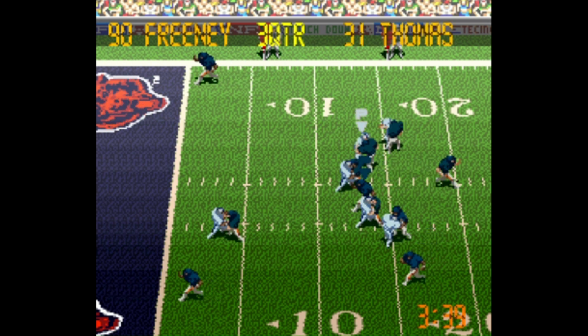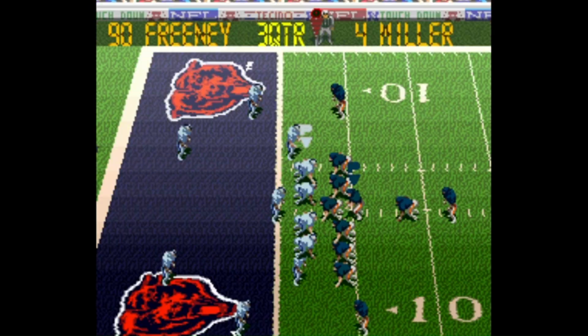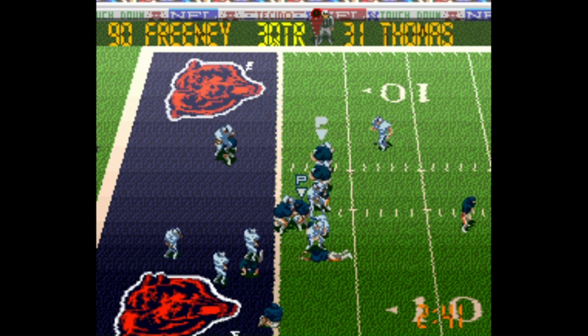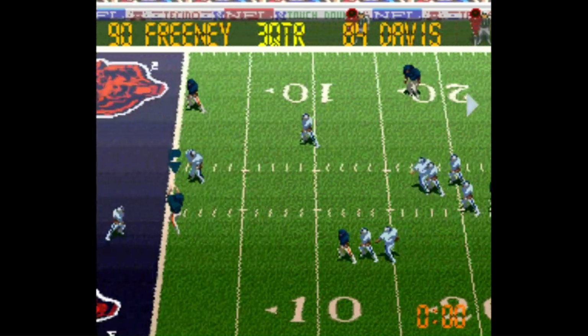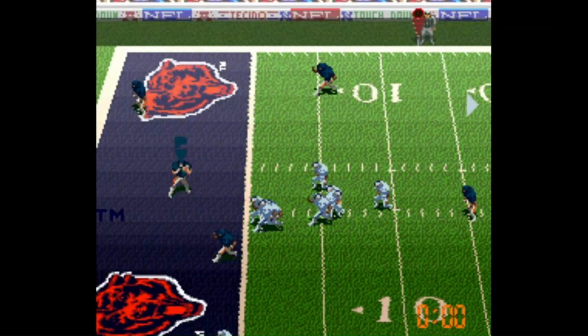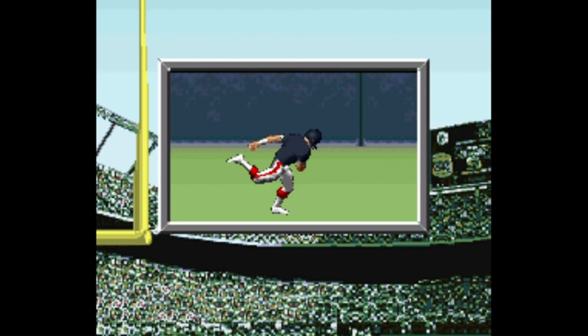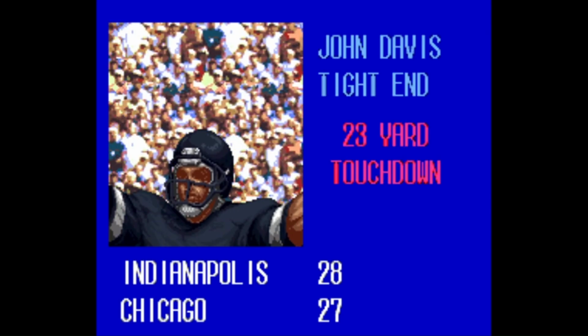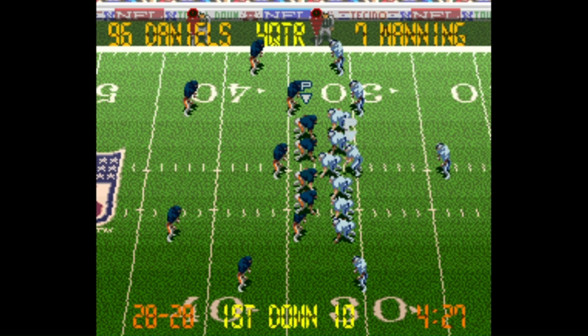They've got it from the 10-yard line on a draw play. Anthony Thomas is able to split the defense for a touchdown. They get it back. He runs in another touchdown. The Bears defense gets it back one more time. This jumping catch by John Davis as the third quarter expires has inexplicably tied this game up at 28 apiece. The Colts are shell-shocked, but they're starting to move the ball.